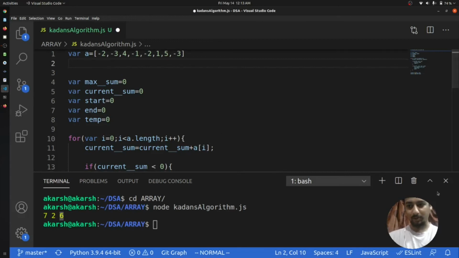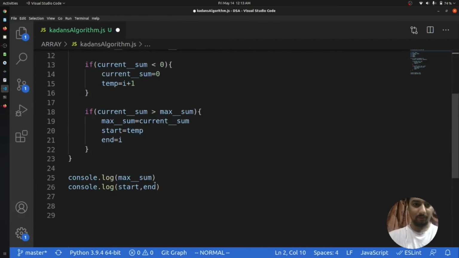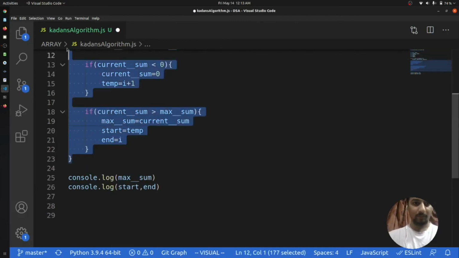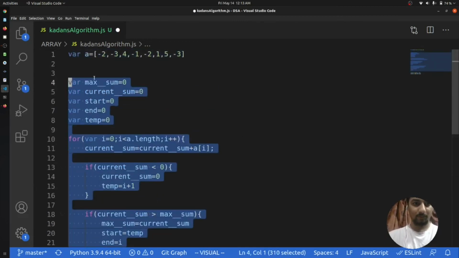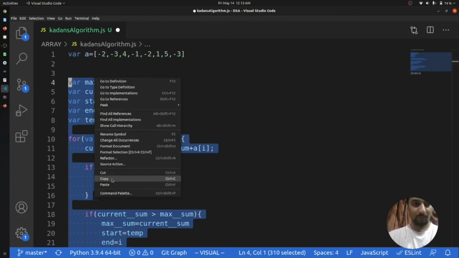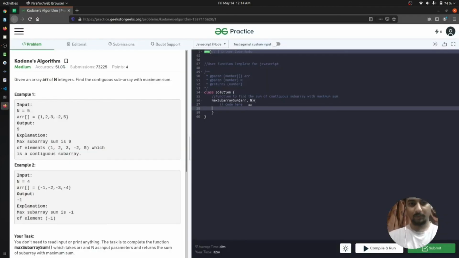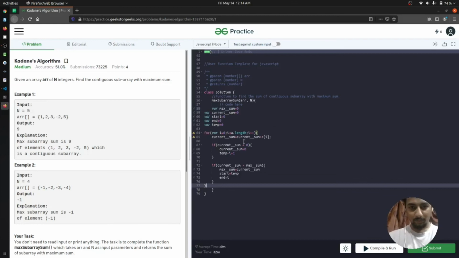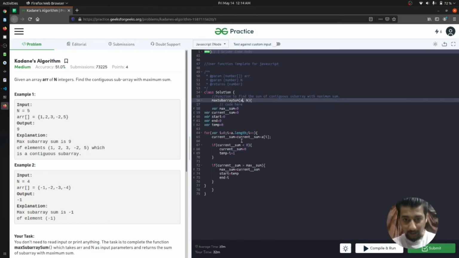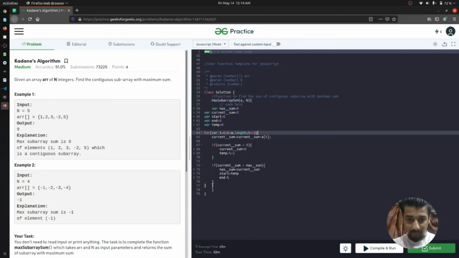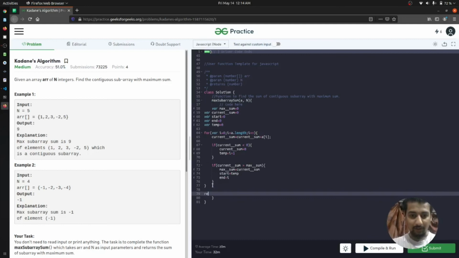Okay, one sec. So we have a, so I will set this to a, and after this for loop I will return max sum, because this is the thing I want.